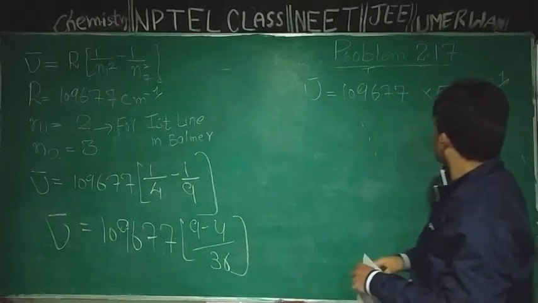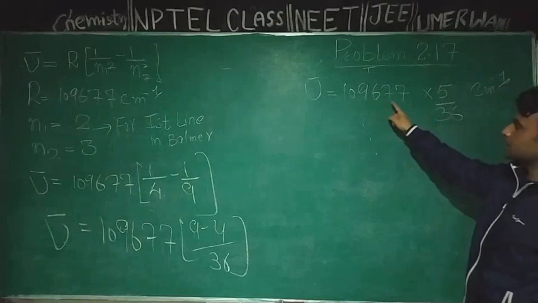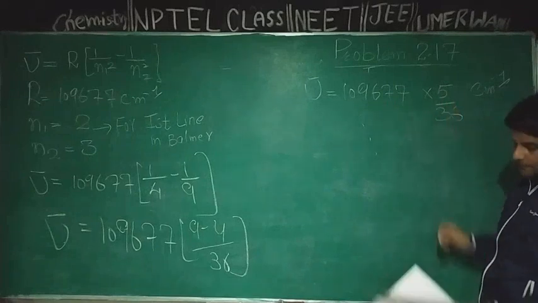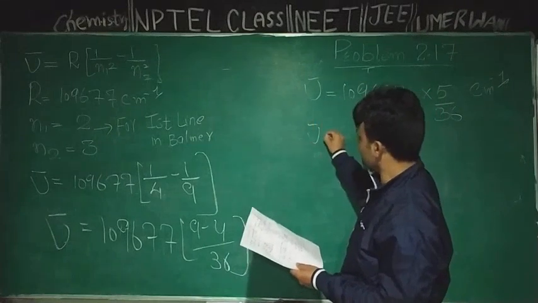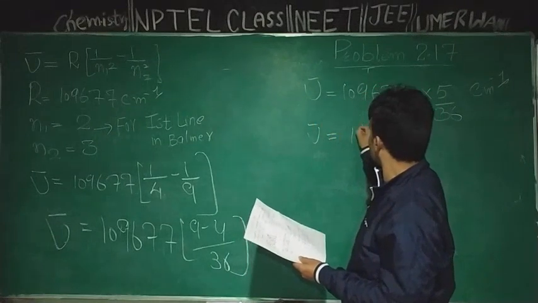I multiply 109,677 by 5, then divide by 36, and nu bar comes equal to